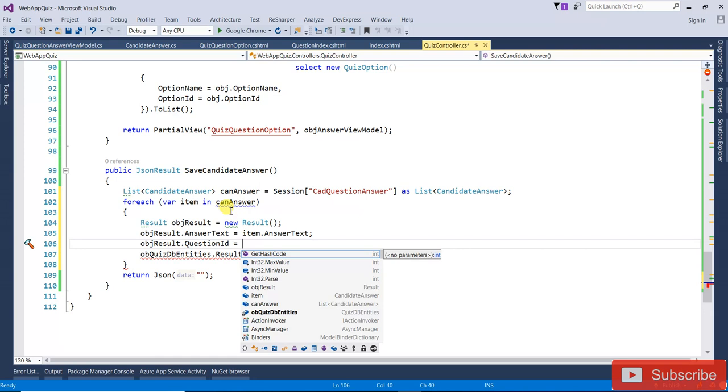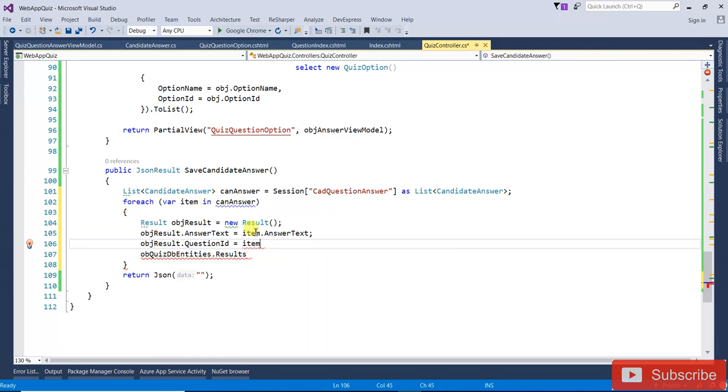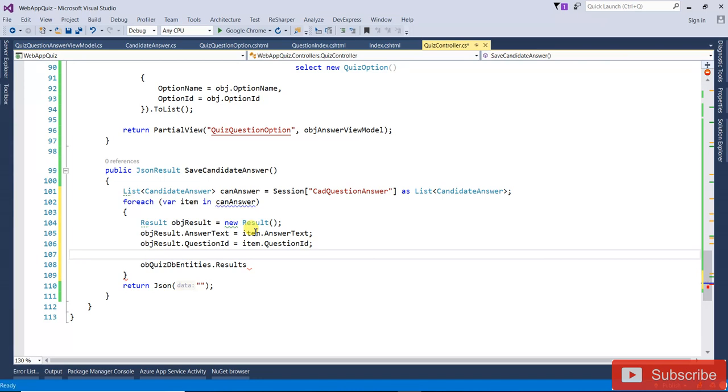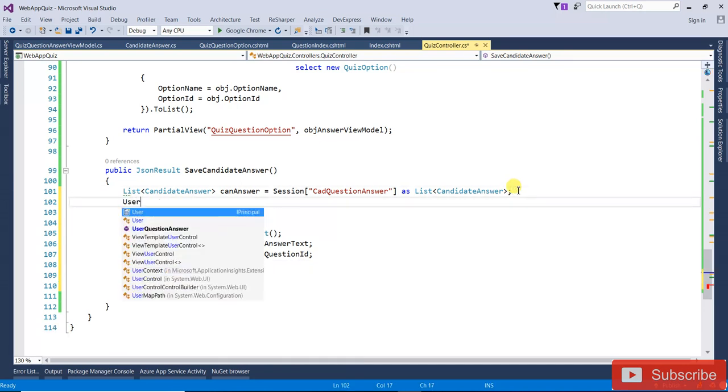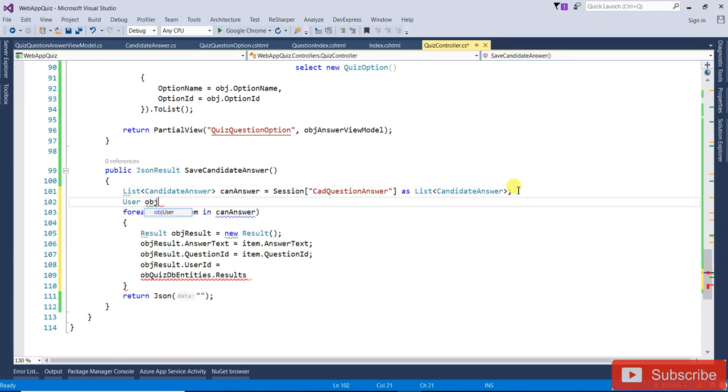What is the question ID? So item dot question ID, and your user ID. So what will be the object result dot user ID? So what will be the user ID? We will get that one, user obj user